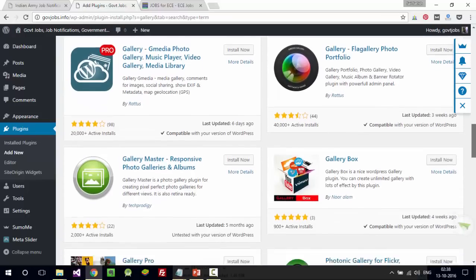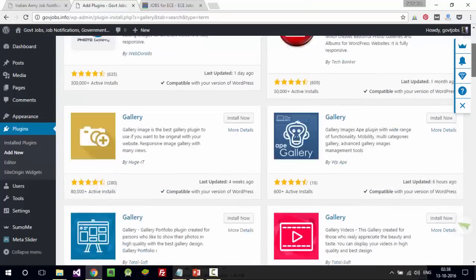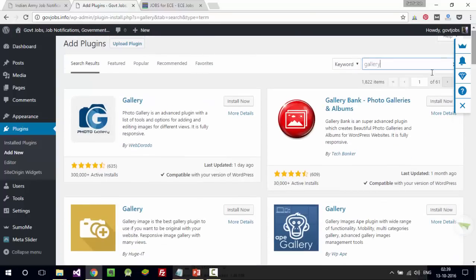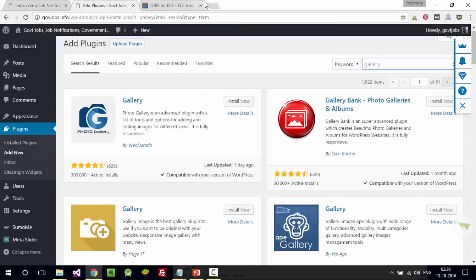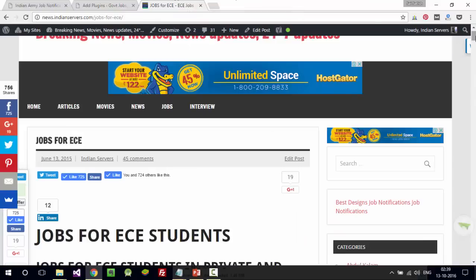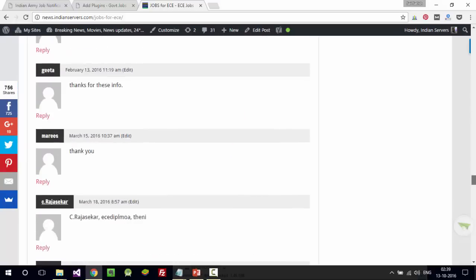You can choose any of these galleries based upon the installation base and reviews. Just go and proceed. Install very good galleries here. It's 3 lakh plus. So you can use these galleries, okay? If you have photos. Facebook comments. For example, for a few posts, some Facebook users can also post comments.